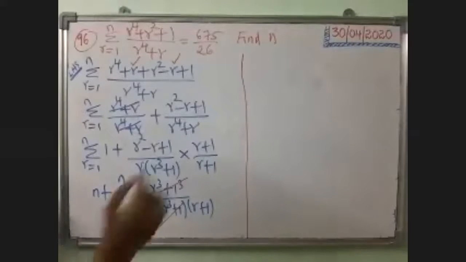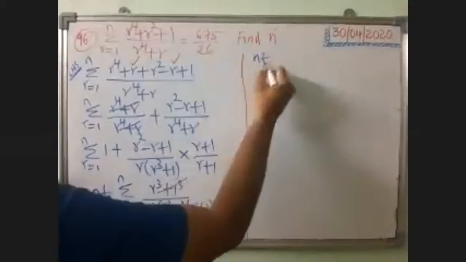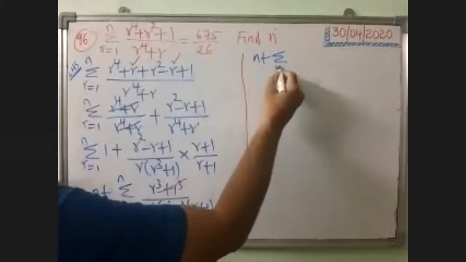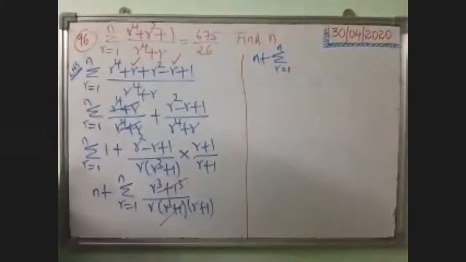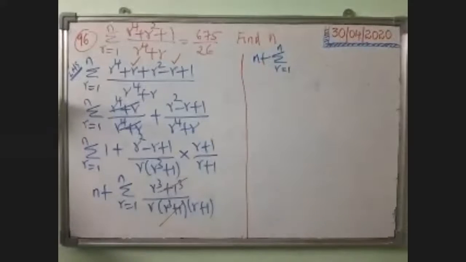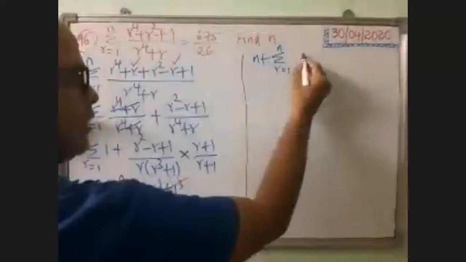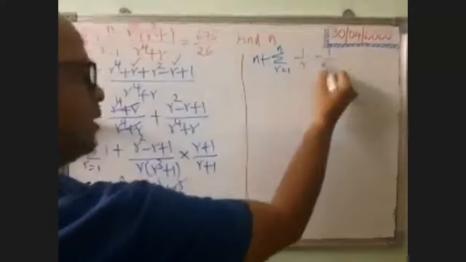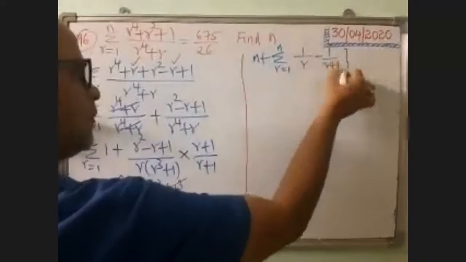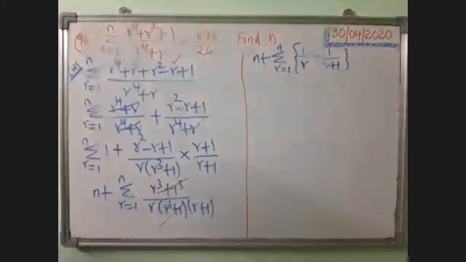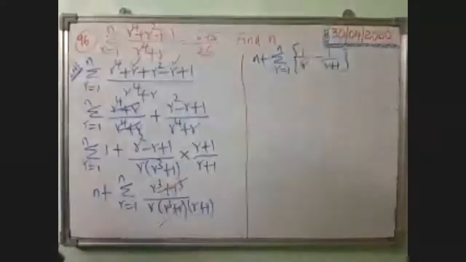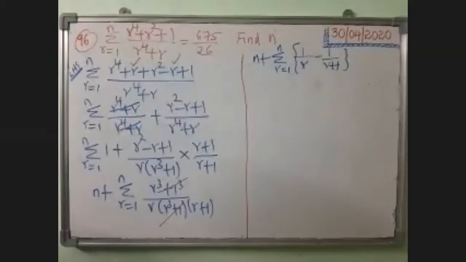So what will happen is, this will become n plus sigma r equal to 1 to n of 1 by r into r plus 1. For this I have to go to partial fractions. What is partial fraction? A by x plus b by x plus 1. So that way I can solve it directly also. I will write down 1 by r minus 1 by r plus 1. If you simplify, you get 1 by r into r plus 1 only. You can check it actually. R plus 1 minus r gets cancelled. Only 1 remains. You are getting r into r plus 1.